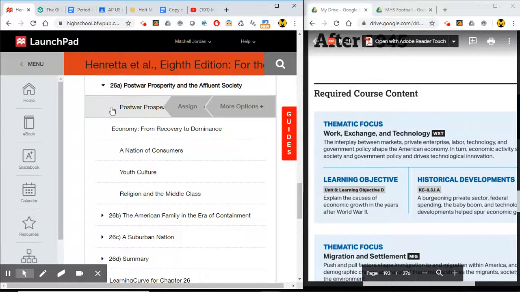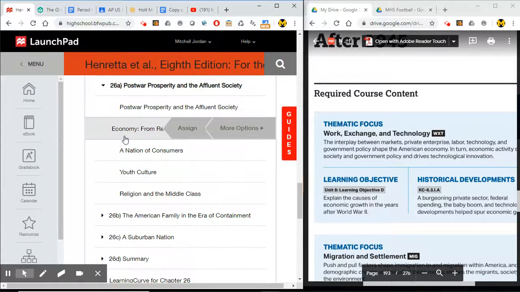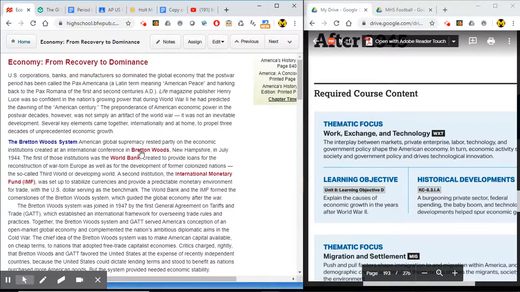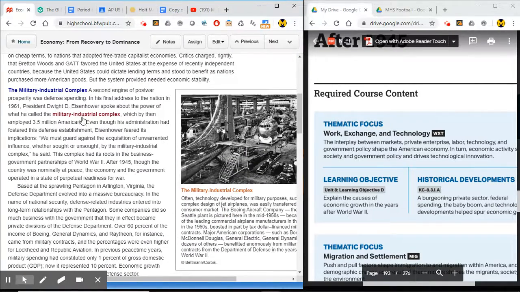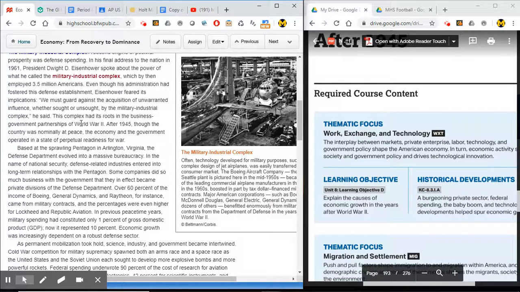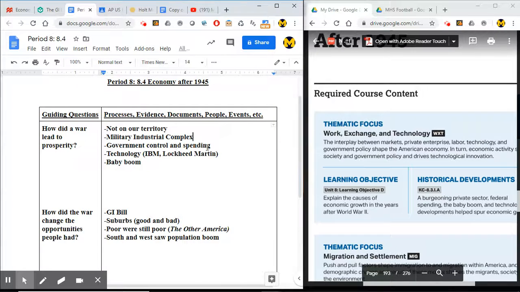If I jump in here, we've got discussion of the Bretton Woods system. Make sure you know that the World Bank and the IMF come around during this time. If you've been paying attention to the COVID outbreak, those things have been mentioned. But here, the military-industrial complex is a key idea that provides so many jobs and services, and we continue to make planes, and technology continues to progress because of that. And so that's a big one.